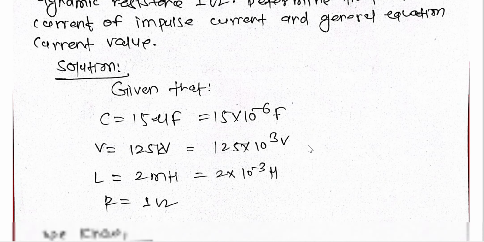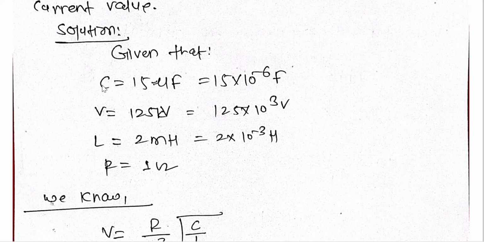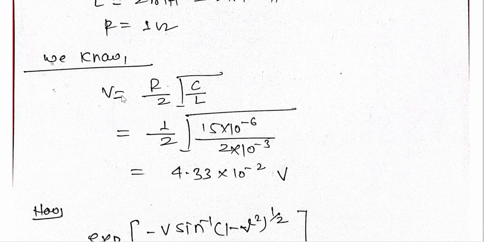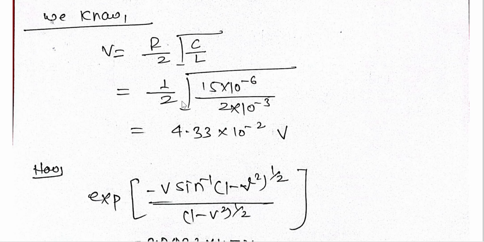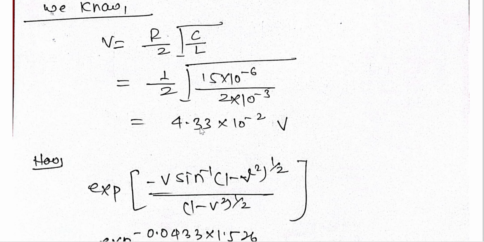First of all, write all the given data. The given data is capacitance 15 microfarad, voltage 125 kilovolts, L 2 millihenry, R 1 ohm. Convert all this into the standard form, and we know the value of b equals R upon 2 root under C upon L. Put all these values from above,